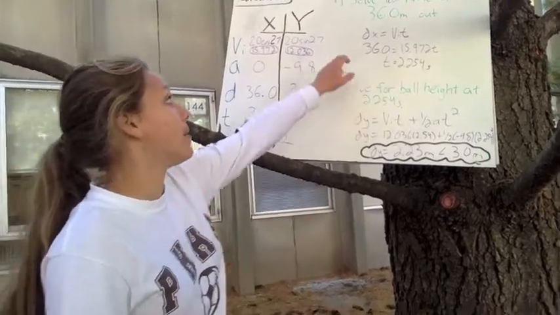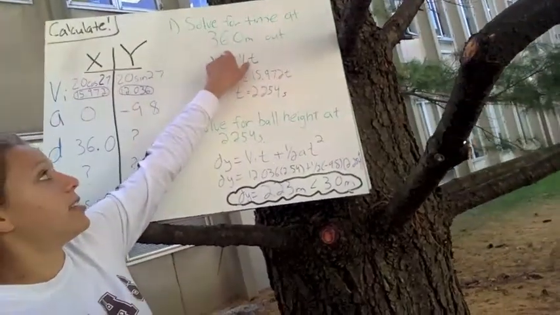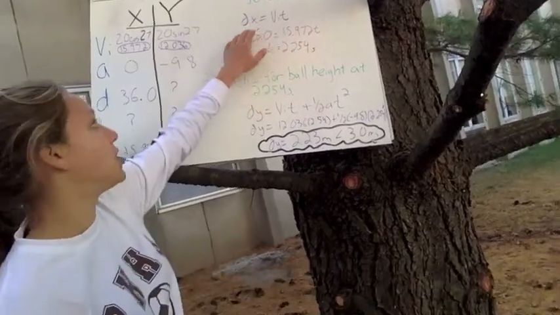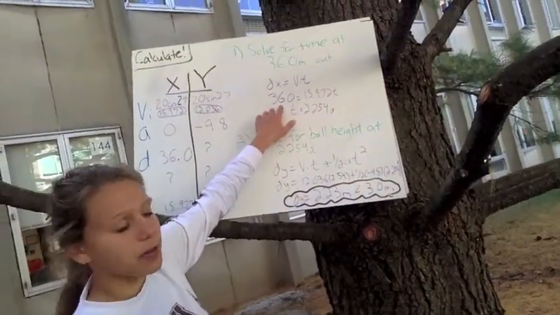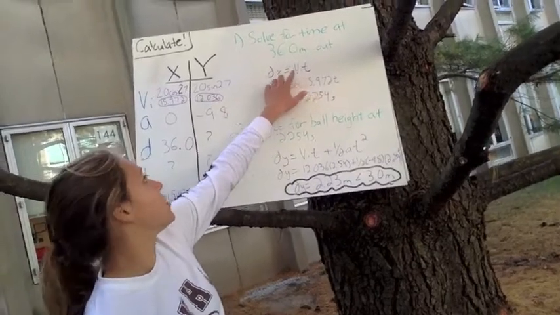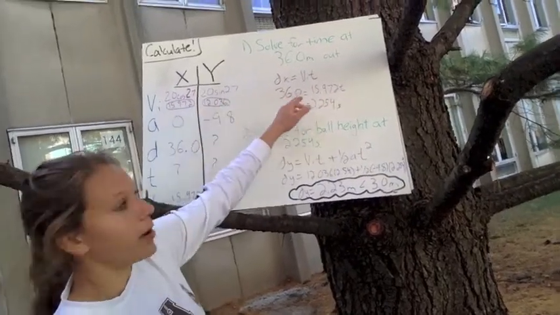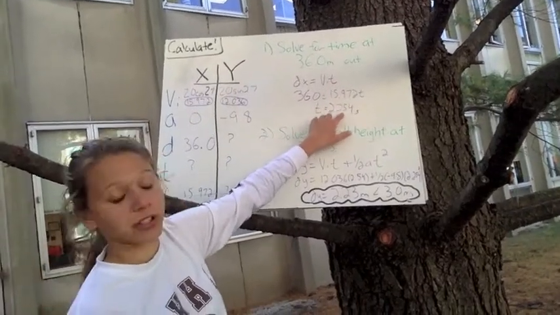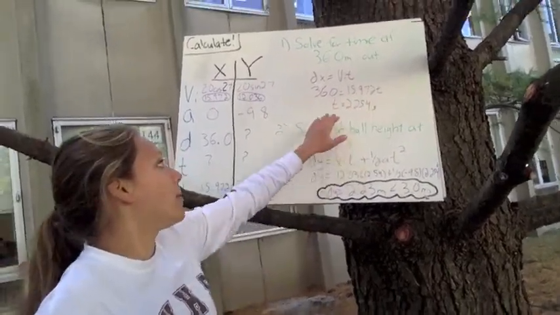So in order to do that, we solve for time at 36 meters out. This is your simple distance equals rate times time equation. So your distance is 36.0 meters, and your v initial, which we solve for here, is 15.972 times t. T is 2.54. So this means that when the ball is 36 meters